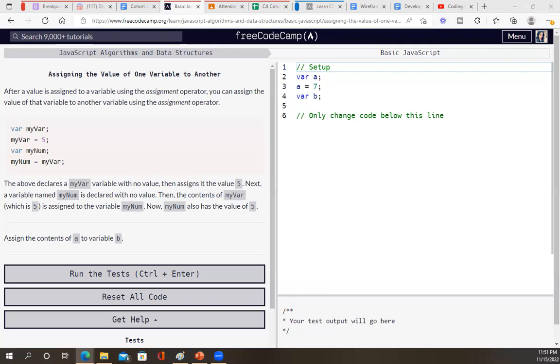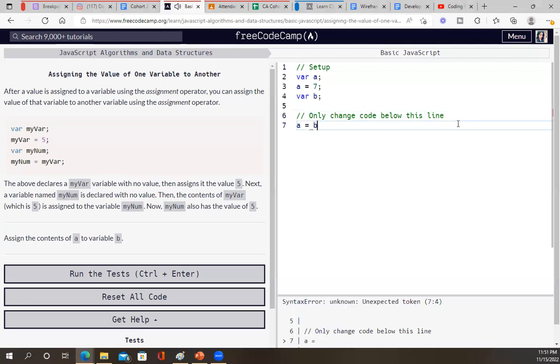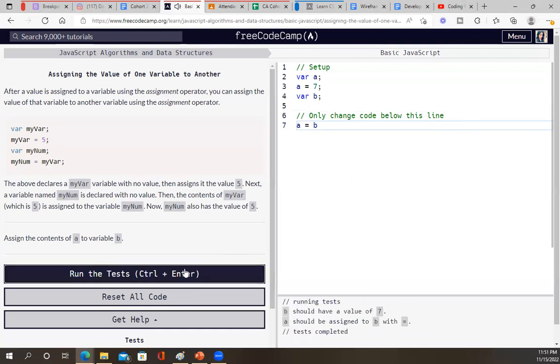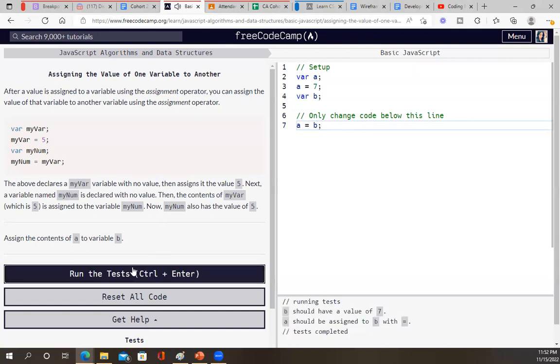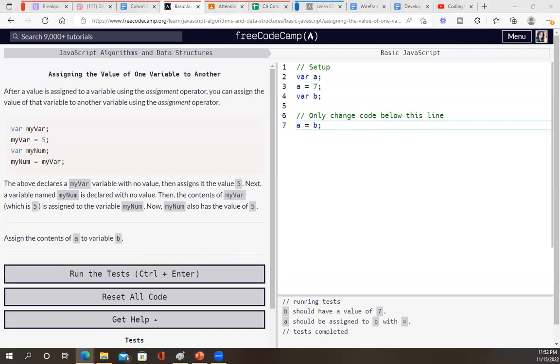Assign the contents of a to variable b. Forgot my semicolon. No. b should have a value of 7. a should be assigned to b with equal. Oh, I did it backwards. b = a;